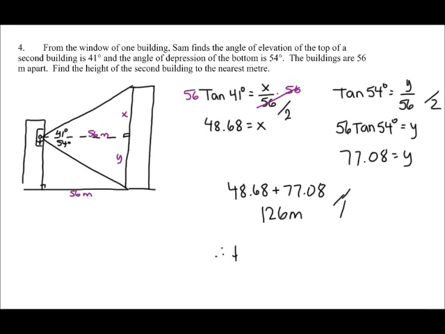Okay, so therefore the towers are 126 meters apart. So, the second tower is 126 meters tall. I was talking about another type of example. It threw myself off. Okay, the second tower is